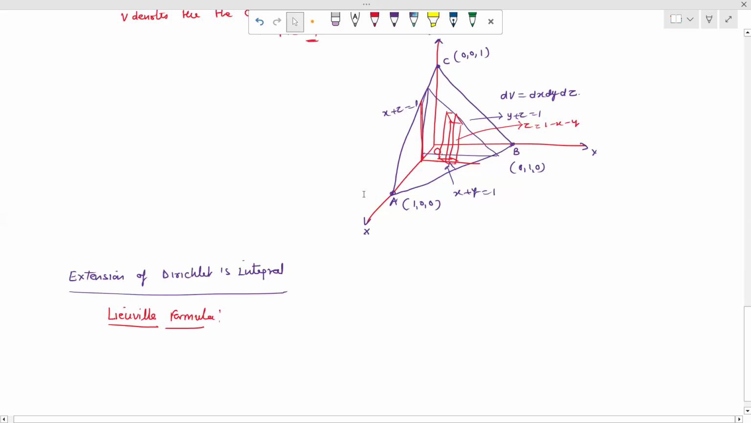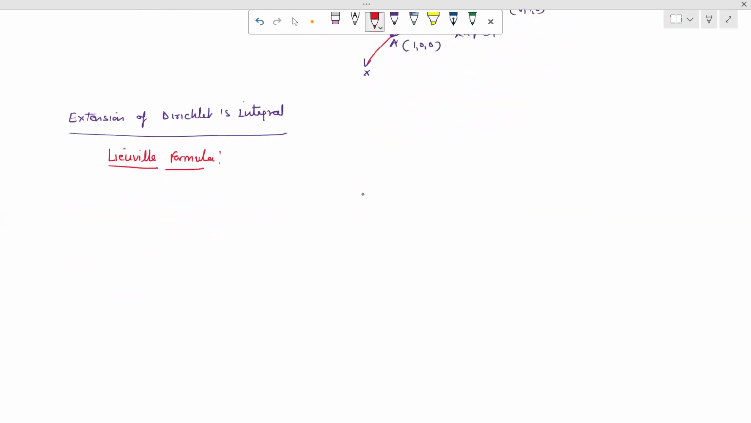So this can be defined as: if x, y, z all are positive, basically we consider all are positive, such that x plus y plus z is less than or equal to h, or basically we bound this from h1 to h2. So then